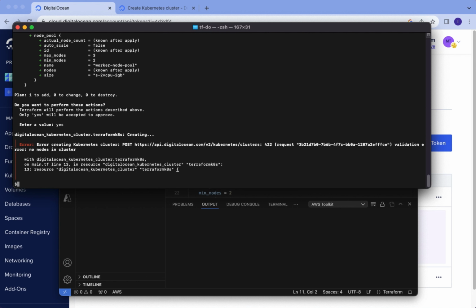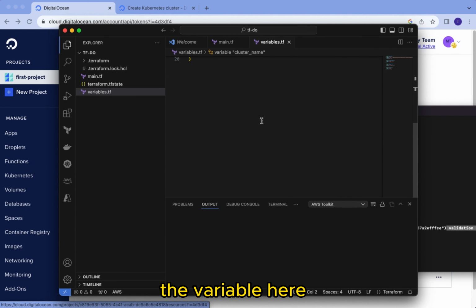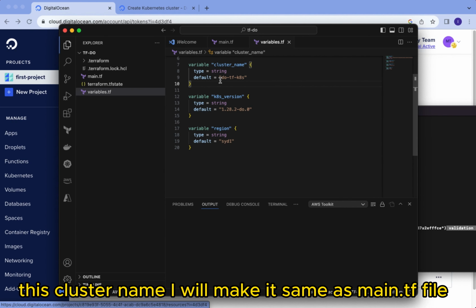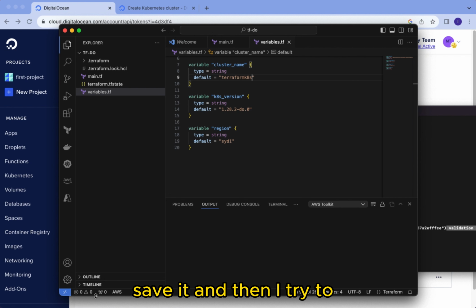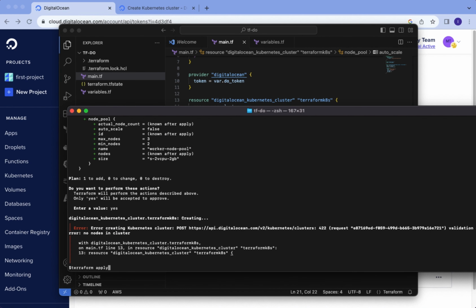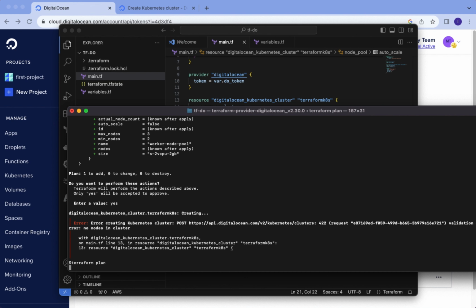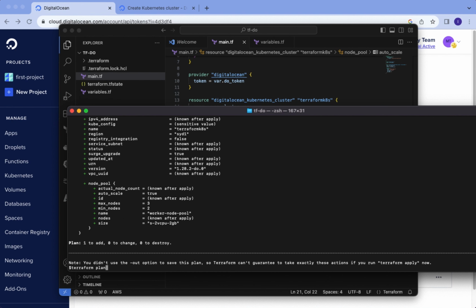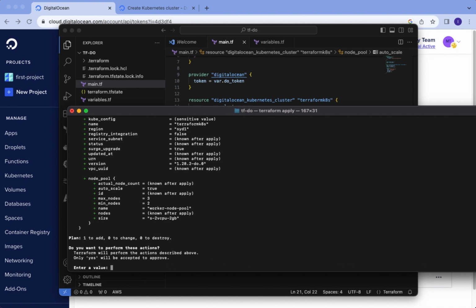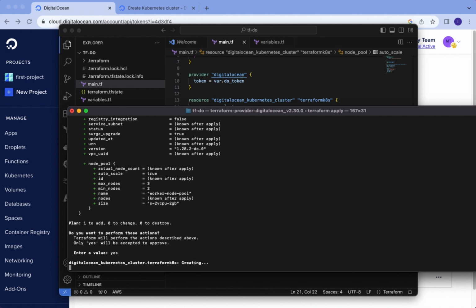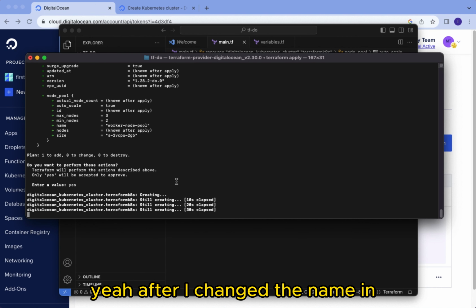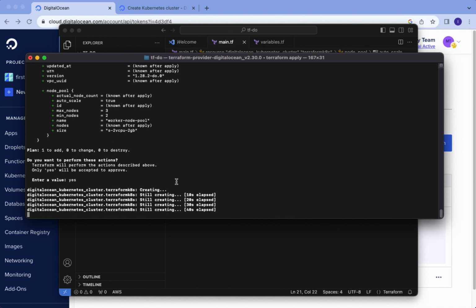We got some error. The variable here. So this cluster name, I will make it the same and save it. Then I try again. After I changed the name in the variable to make it the same as the cluster name, it started the deployment, applying